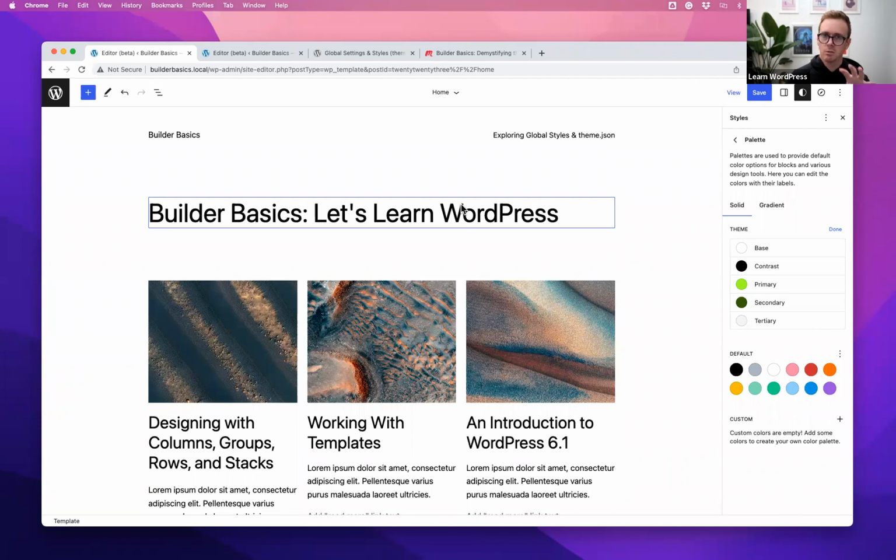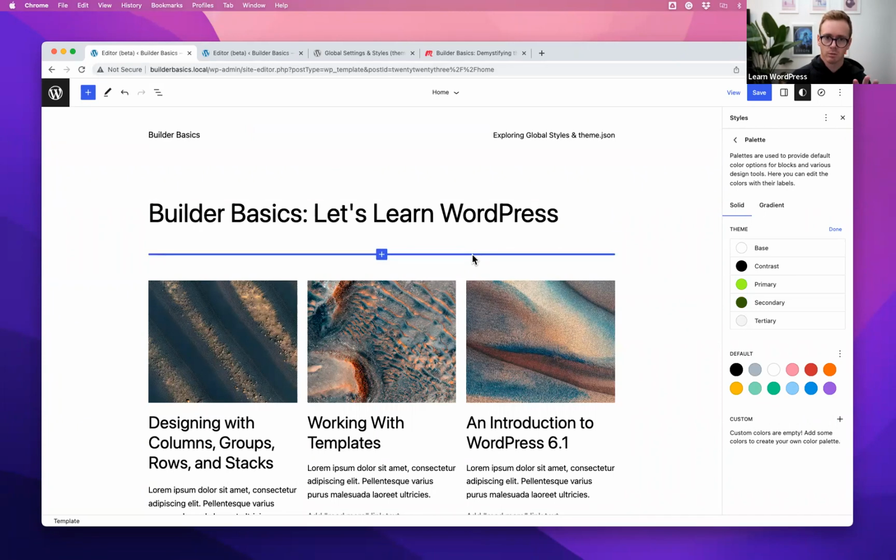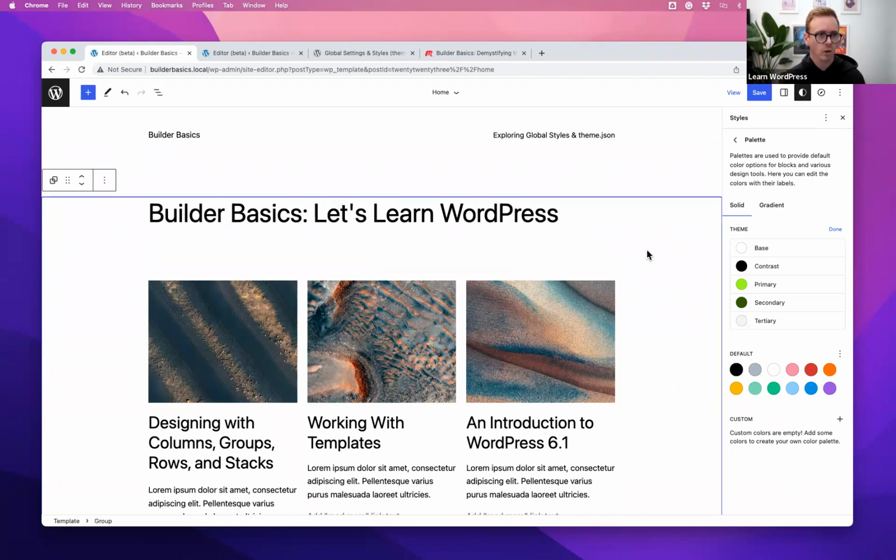So occasionally you'll be making edits to your theme.json file, and you'll come over here into the site editor and you'll refresh, and sometimes the changes you make won't appear immediately. Generally, when you're on a local development environment, you're not going to see that too much. But if it does happen, don't freak out. It's a known thing, and there is some work to try and improve that. So we're going to refresh now,